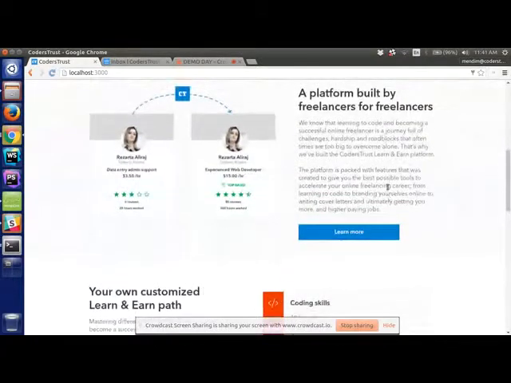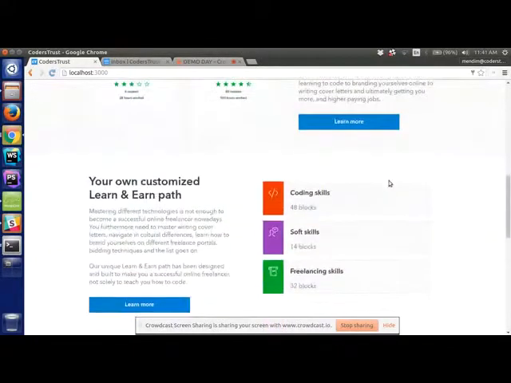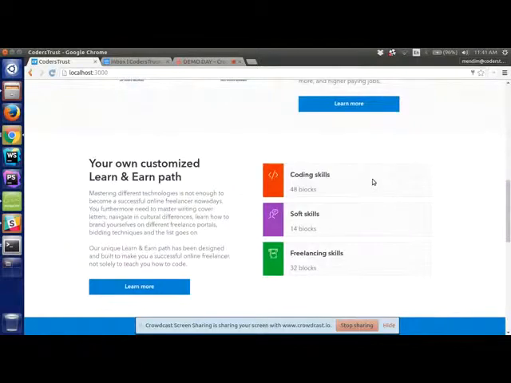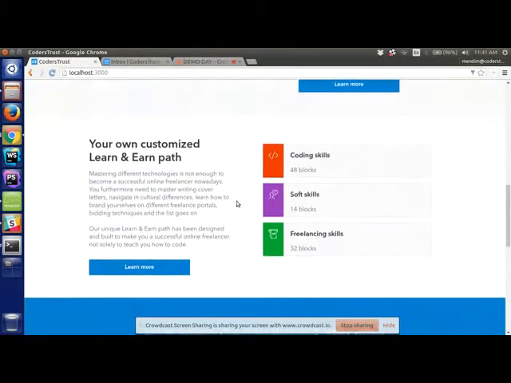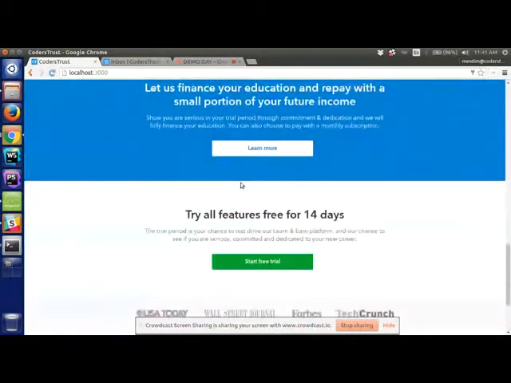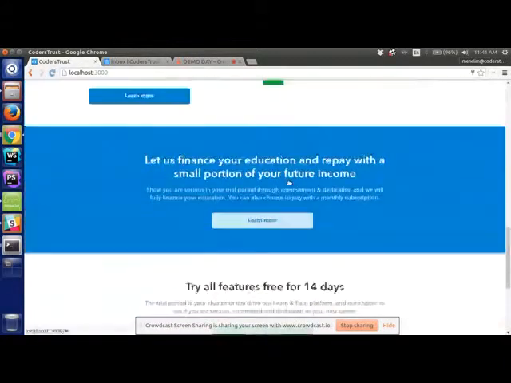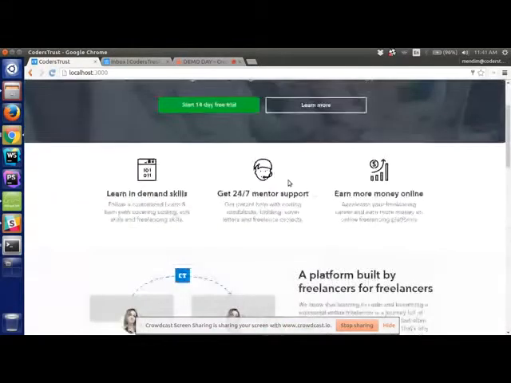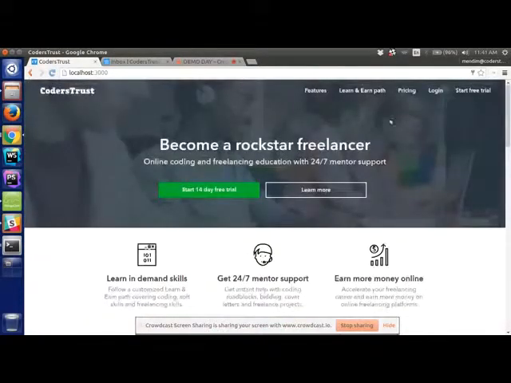We have a success story, the Learn and Earn path with how many blocks we have on coding skills, soft skills, freelancing skills, etc. And the students have two options from this homepage: to log in or start a free trial.